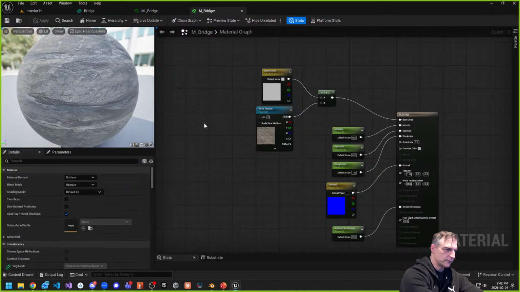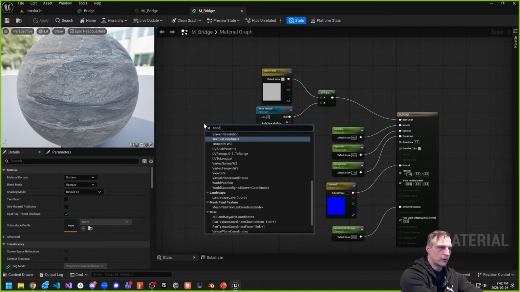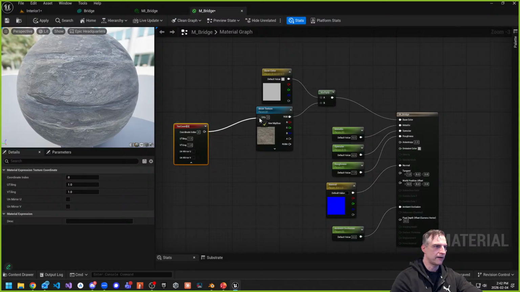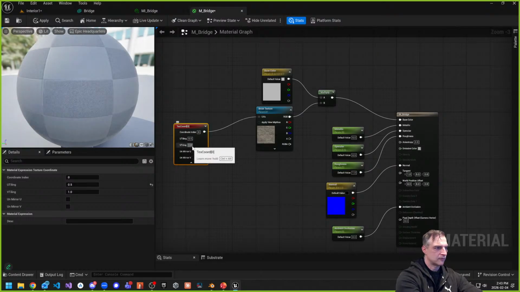So if I right click and go coord, so texture coordinate, that's what I would get there. And you can see the U tiling, and there's the V tiling. I can plug that in, and if I was to type in 0.5 and 0.5,